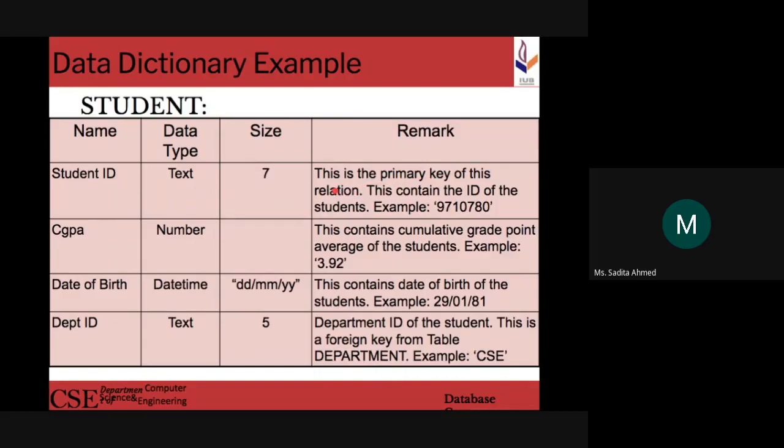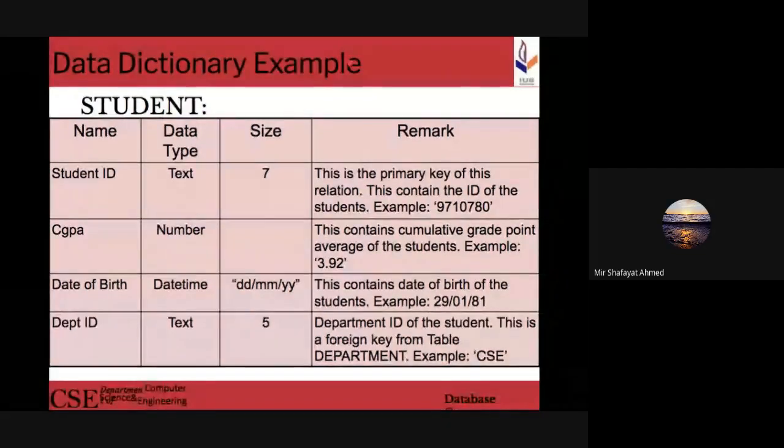So the remark part is not just a comment or a conclusion that may or may not be there, it doesn't matter. It's very important. In the remark bit, you mention those things that are absolutely crucial in order to create the table. The person creating the table needs to know that student ID is actually the primary key of the student relation. Where will I mention that? Let me mention it in the remark. Example, sample values of student ID. Yes,